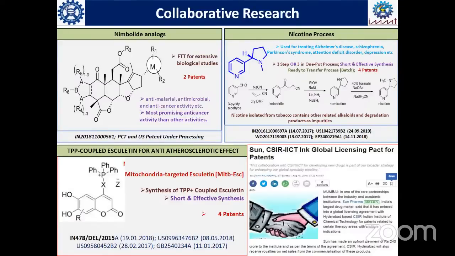That is where we thought we should expand our biological studies, and we also thought of filing patents. We could file patents, and patents have been granted in India as well as in the US, and in other countries they are under processing. This is the example I would really wish to discuss further, because this is the very first work for which we thought of filing patents.